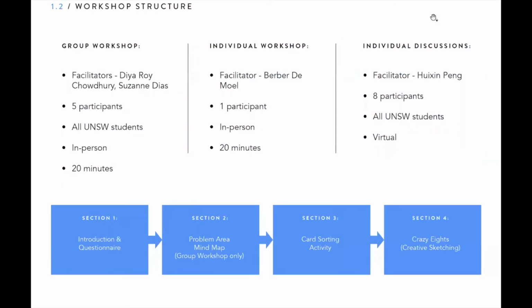So for our workshop structure, to get a better idea of the needs and desires our audience wants, we structured it into two kinds of workshops, a group workshop and an individual one. Through this, we also developed a discussion guide to help us create a cohesive and consistent workshop that followed the same structure, so we get similar results depending on what our audience is after. We have a group of 5 students in one of the group workshops and an individual in the other.